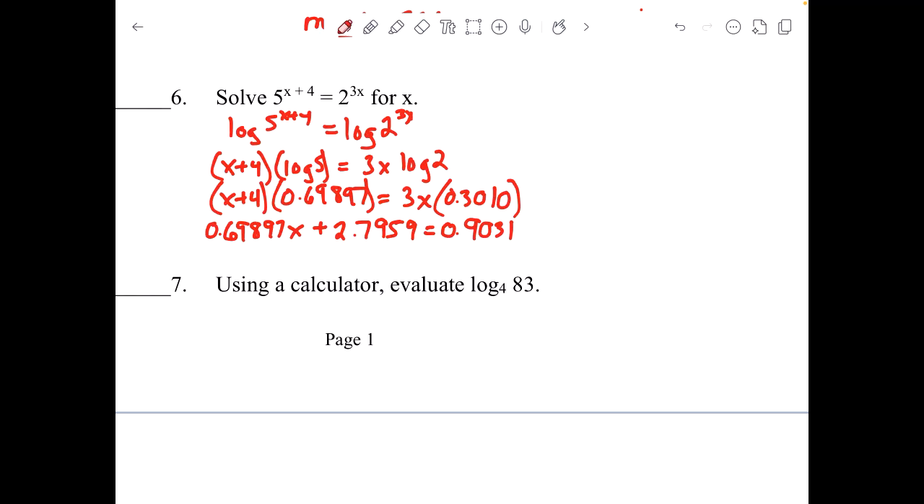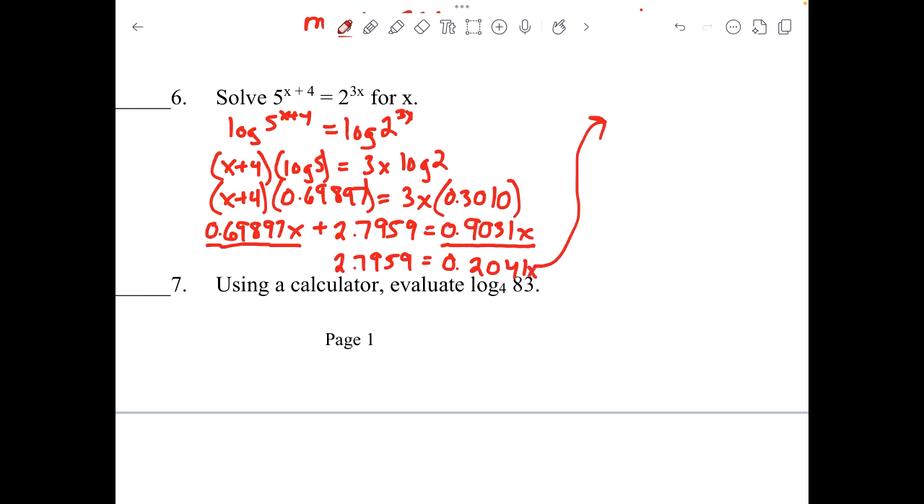Now I'm going to combine my x terms. So the x terms would be this guy here as well as this one here. So I'm going to go ahead and subtract the 0.69897. So that gives me 2.7959 equal to 0.2041